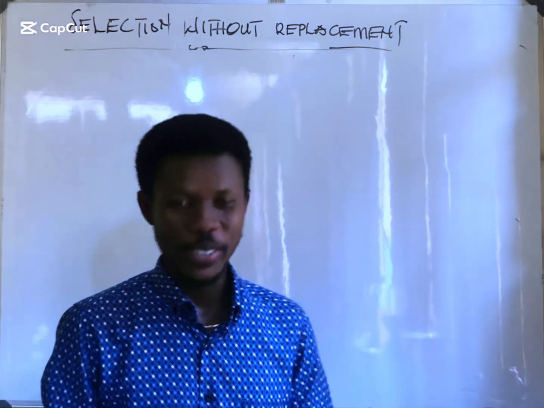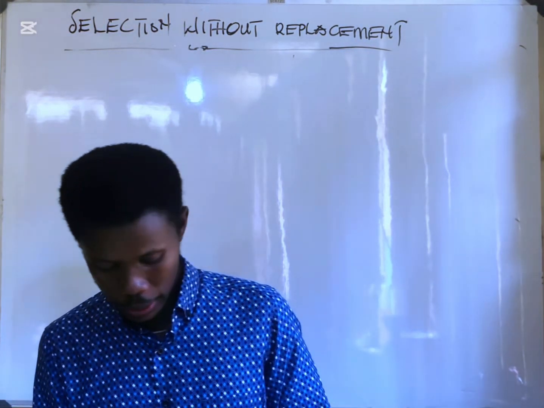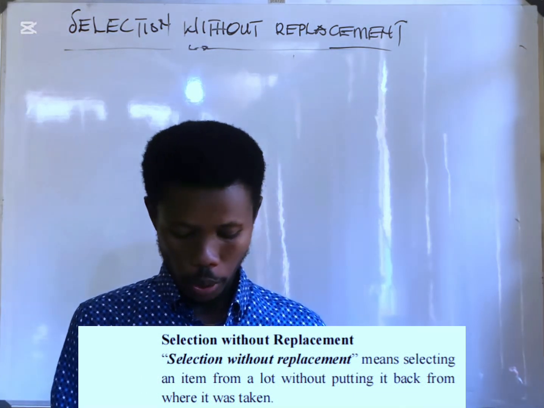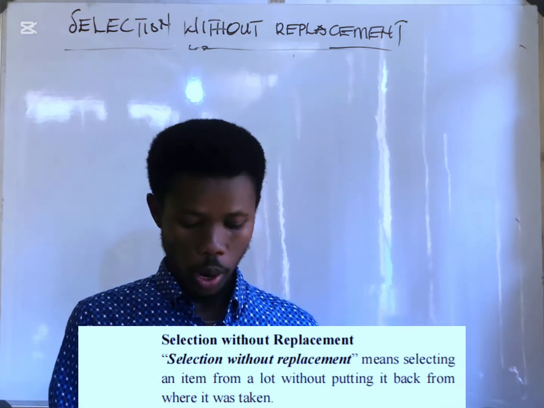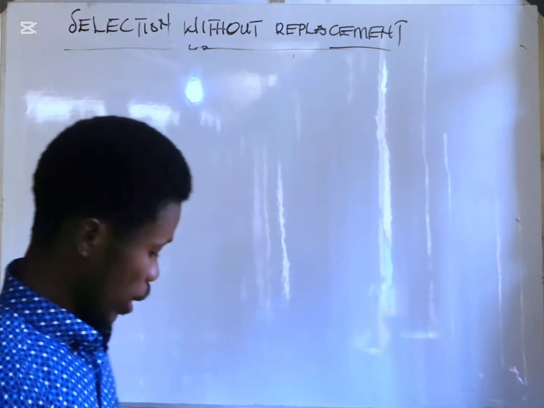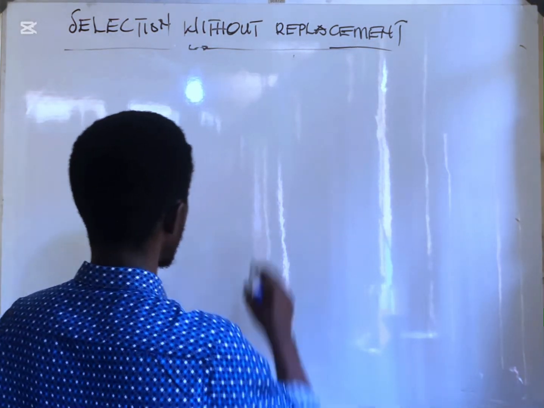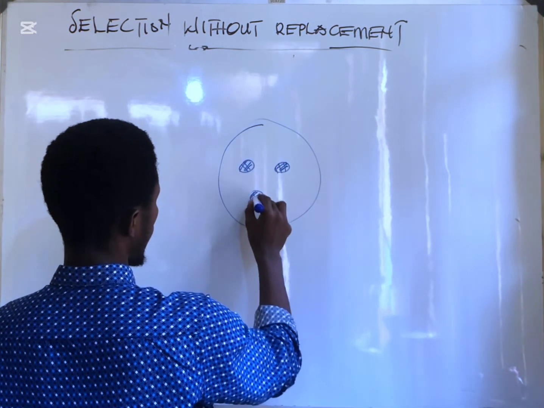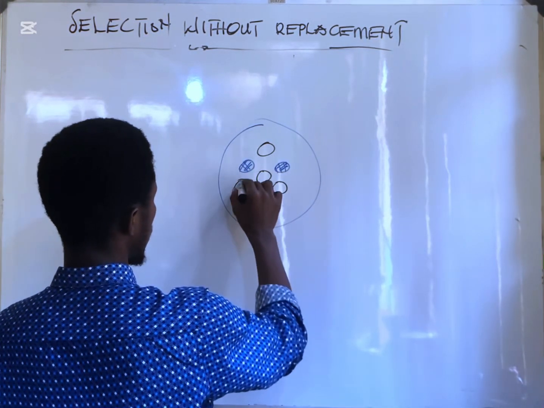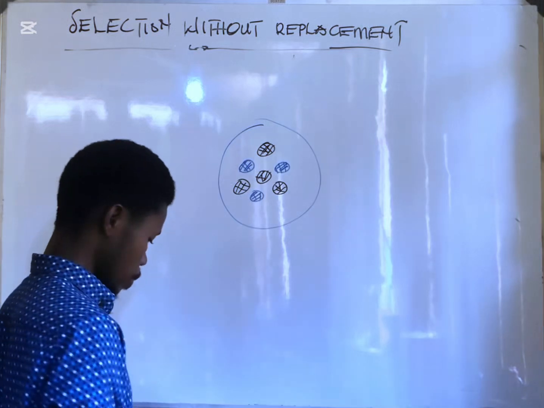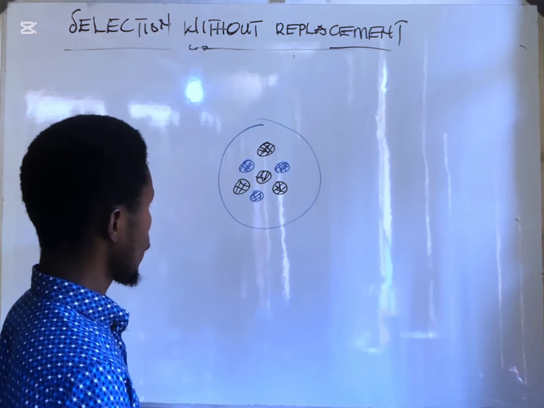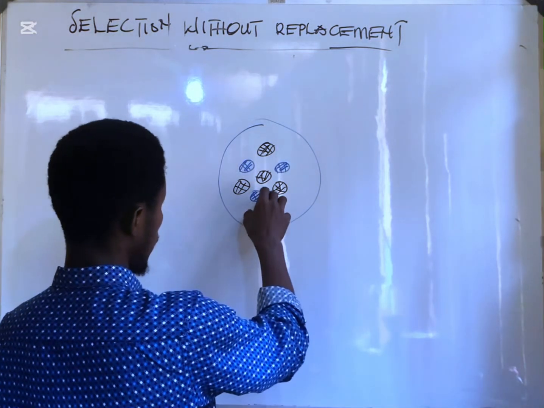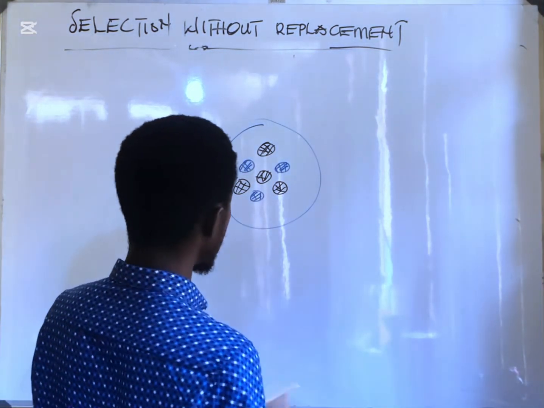Now let's look at selection without replacement. Selection without replacement means selecting an item from a lot without putting it back from where it was taken. Okay, so let's take an example again. Now, the probability of selecting black marbles without replacing it back means that if